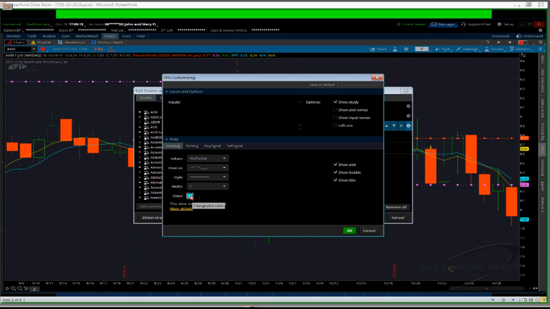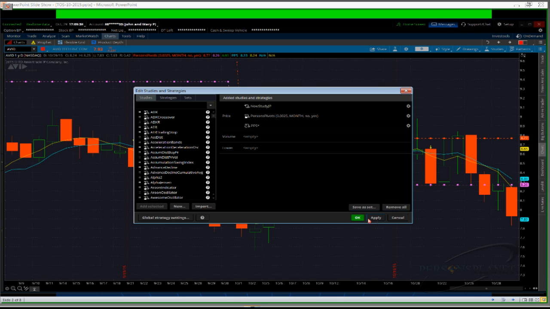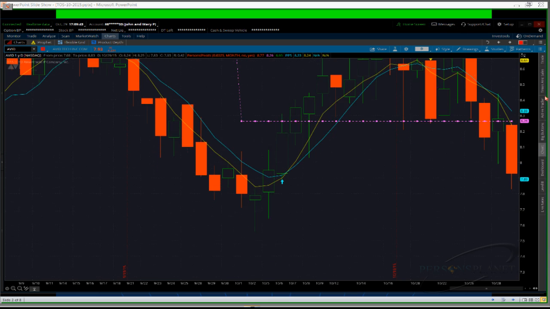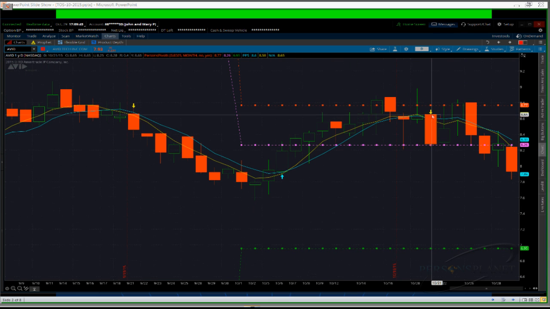So the color of buy signals, or you can go with the moving average. The buy signal is blue, the width is 1. Change the width to a little bit bigger. Sell signal, the width is 1. Change that to maybe 3. You can change the colors to whatever you want. We've got orange, yellowish, and hit OK. Hit apply, I hit OK, and now I've expanded it, and I can see that little arrow pointing down